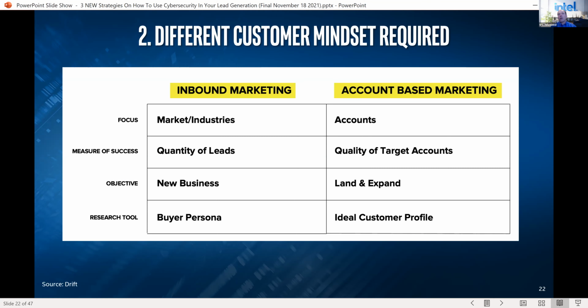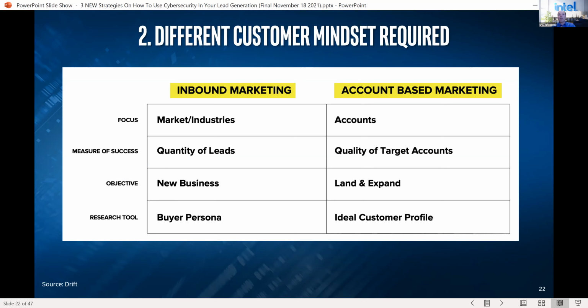When you think about inbound marketing, you're looking at success by the quantity of leads we're getting in. So generally you do marketing, right? We've talked in the past: more leads, more leads. When we look at account-based, we're saying, what's the quality of the target that we're talking with, right? We already have kind of a persona or a profile of who we're going to. What's the quality of that?